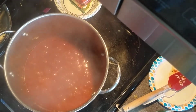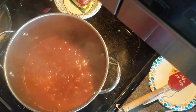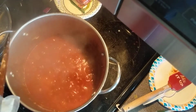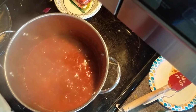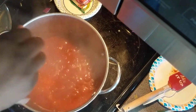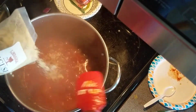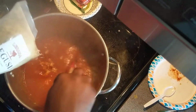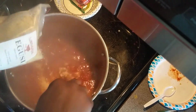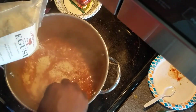So let's go ahead and open it up. One thing about cooking this is as soon as you add this to the soup, if you do not turn the heat down, it will burn. You'll get a crust on the bottom. So the first thing I gotta do is turn this heat down a little, and then let's rip it. Slowly put it in like this, just gently, and stir it while you do it if you can. Like this. Slowly